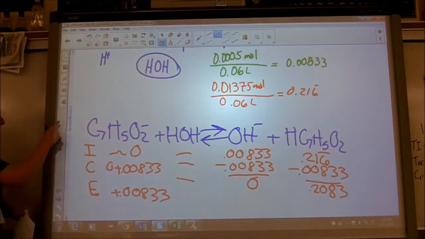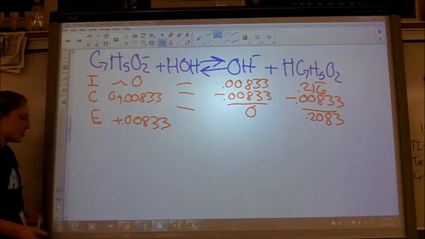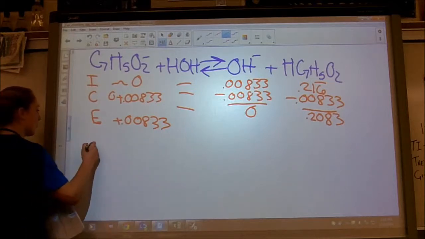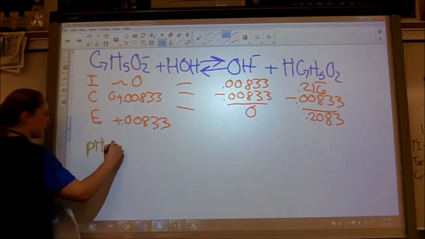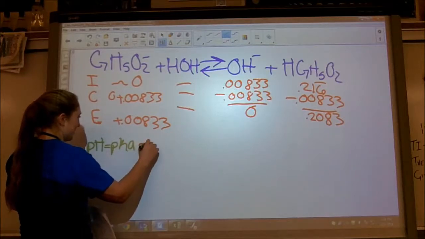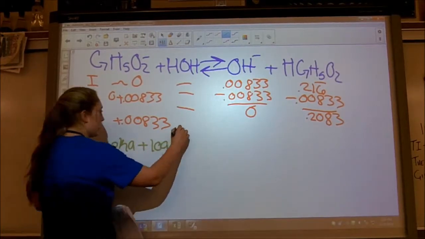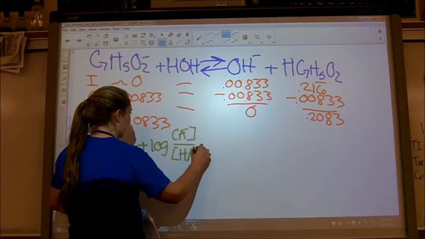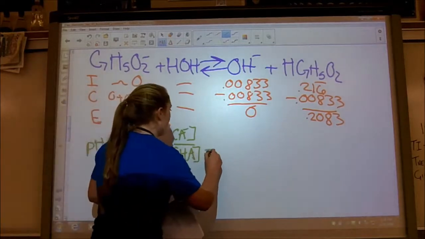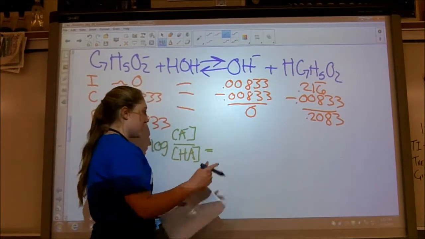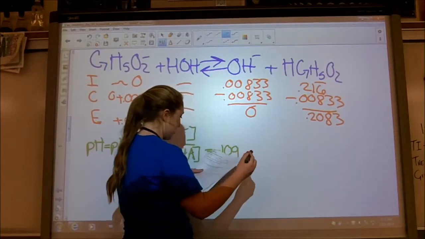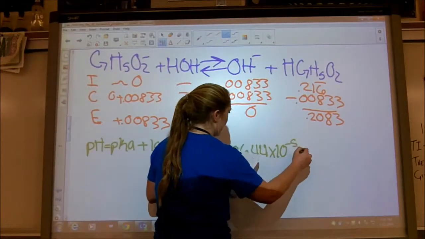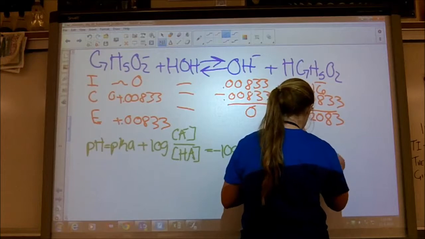Go, Sam, do it. Change the color though. I hope everyone had what was up there already. Here, I'll give you the equation. pH equals, I already know it. Isn't it A over HA? Very good. So the pKa, we found it earlier, is the negative log of 6.44 times 10 to the negative fifth, plus the log of